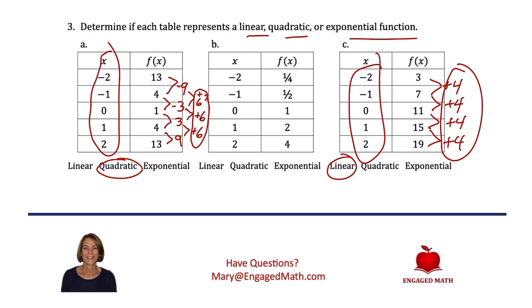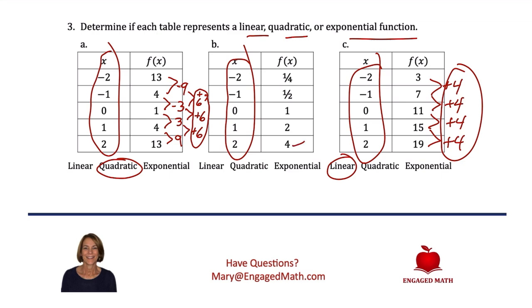Okay, now the issue with B is that we can look at it and we can say, all right, the x values are going up by 1 every time. But this is one where it would take a lot of work for us to find the differences with fractions and so forth. But what I'm hoping you recognize is what makes it actually the answer of exponential is that